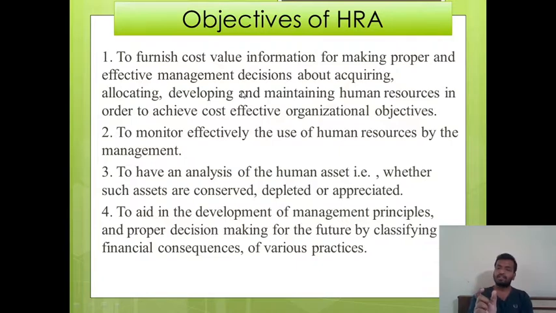We all make family budgets, that these are our expenses, these are our savings, we are going to spend on these things in this month or year. Likewise, the organizations also have their budgets. So the HRA provides the information for taking decisions relating to the future,